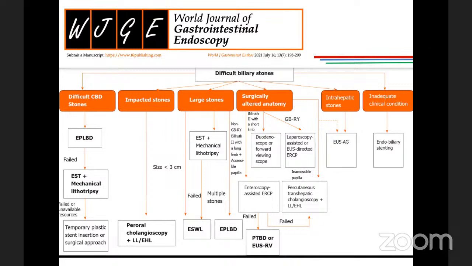Are you aware of any study which has looked selectively at the behavior of CBDs on a long-term basis after ESWL? Formation of stricture and all those complications will take a very long time. I'm not aware that somebody has followed them up for that long. Of late, people have stopped doing extracorporeal lithotripsy because of these complications only. These will be available only from older patients, from the 80s and 90s. I'm not aware, sir.